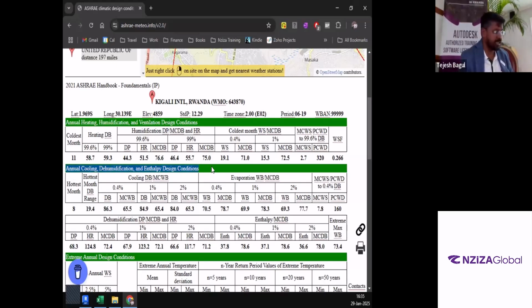The reason being, we are trying to make sure that proper cool conditioned air is given to our indoor